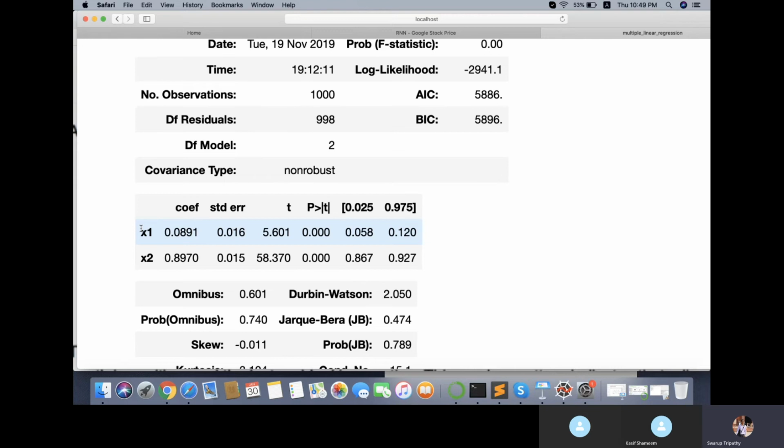So individually, if you take x1, the t-test shows how that individual factor, that is math, is contributing towards the writing score. Then again it shows x2, that is read, and how read is contributing towards the writing score. For x1 we are getting a p value less than 0.05, so it's a good contributor towards writing. For x2 we are also getting 0.00, which is less than 0.05, so x2 is also a good contributor. If you take only x1, it contributes in a proper way, and if you take only x2, it's also a good contributor. That's what we can figure out. Getting it?